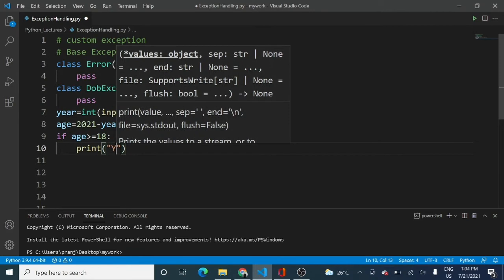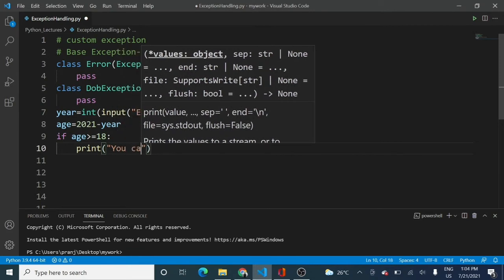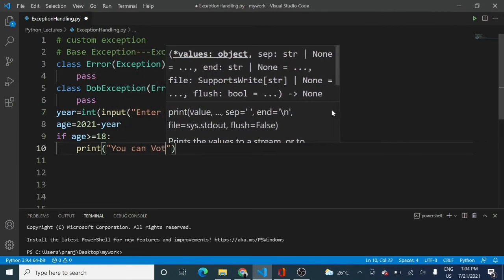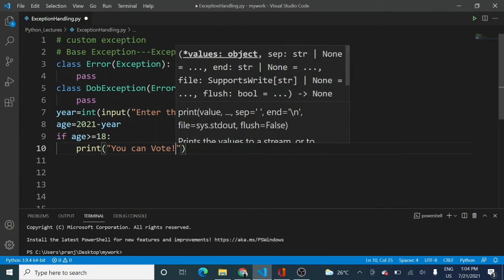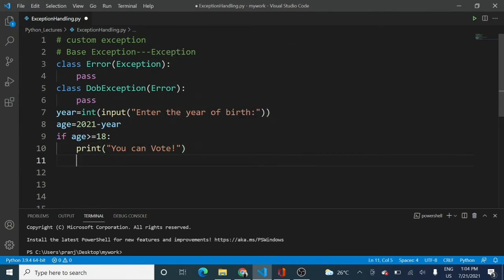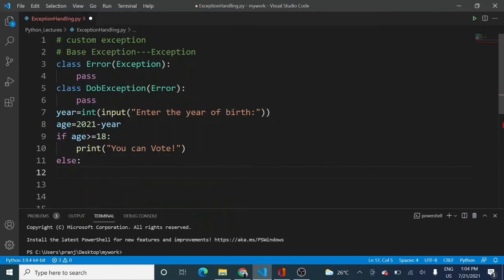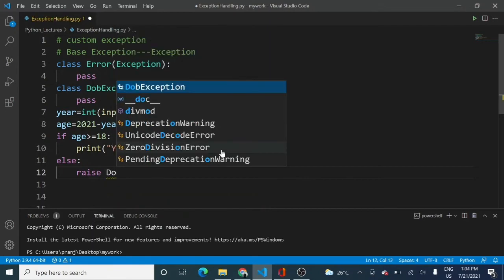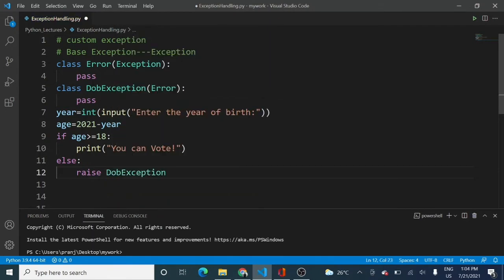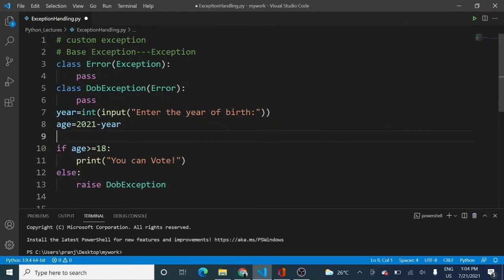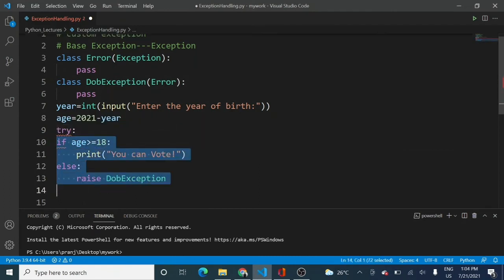So you can vote, very simple. Otherwise, if it is not the case, then else raise DOBException, right? And one thing which I just forgot is to keep this whole if and else block